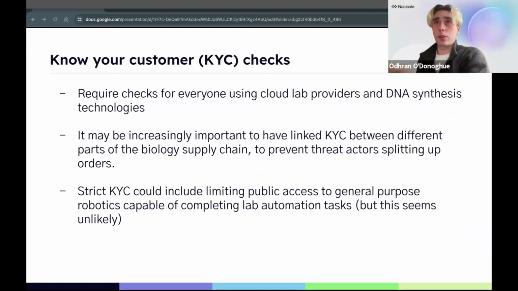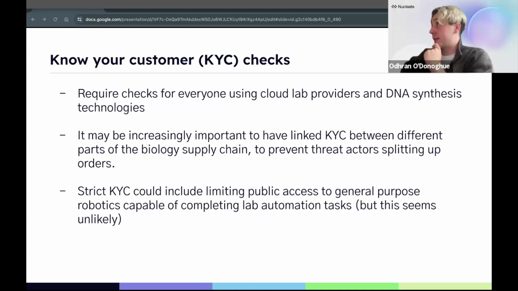Finally, know your customer checks. Not finally, but another option. We need to think very carefully as an industry about who we give access to these models. Ultimately, I think a lot of biology and a lot of science is very much pro openness. There are a lot of advantages to that. We want science to be shared as widely as possible. We want to see the benefits realized by so many people. And there are a lot of people who can use our models who otherwise wouldn't, who get to see the benefit of that. However, there's a lot of risk to be thought about here as well.